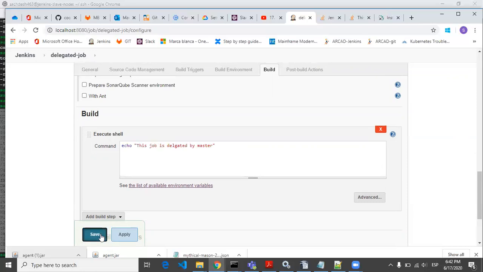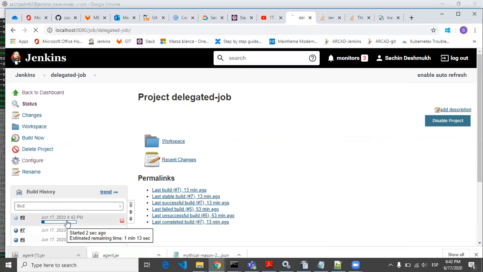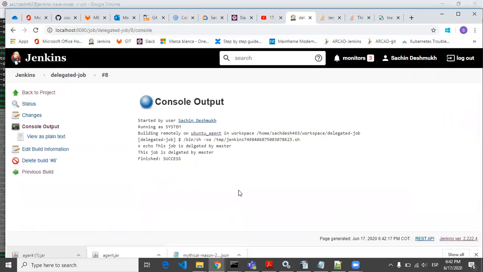I'm going to save it. Let's build it. You can see building remotely on Ubuntu agent, and the workspace is home such-463, and in this root directory it has created a workspace folder, and inside that your job. This statement is already executed, and this is success.